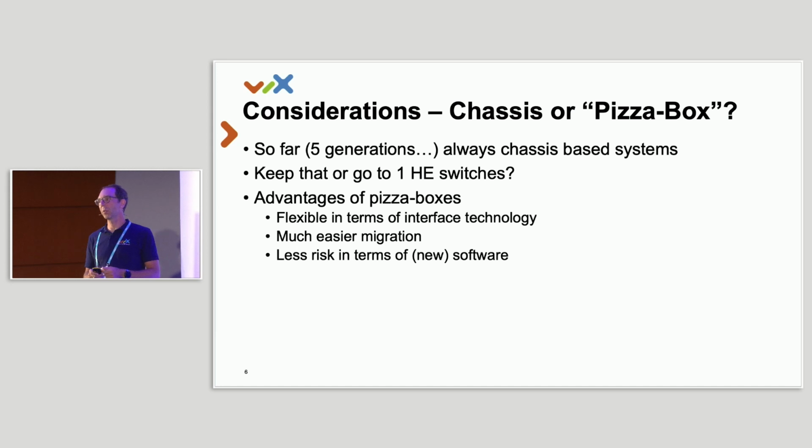If there is a new generation of interface types, let's say with a higher density of 100 gigabit ports or so, you most probably have to install a new software on the box. Installing a new software on a chassis-based system means all of the chassis has to be rebooted, you have an outage, and you have a risk of maybe changing from a very stable running software you have had for months to something new, and you need this just because you have a new line card. So this is also a risk we don't have anymore on these pizza boxes.